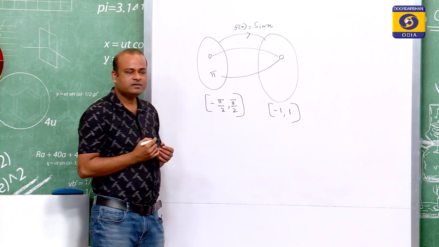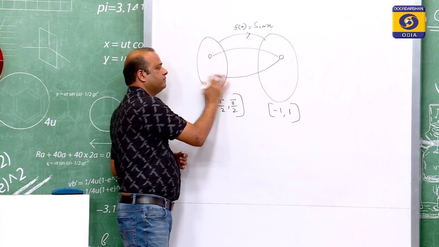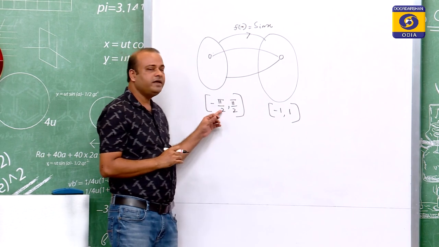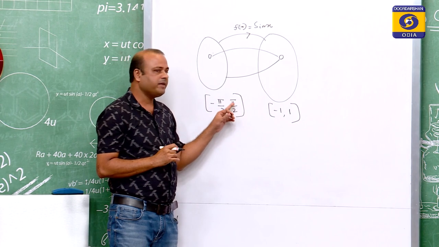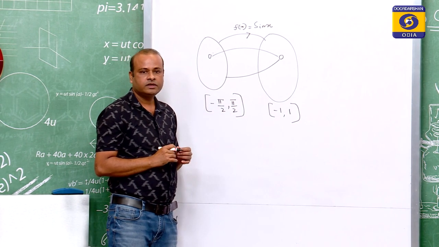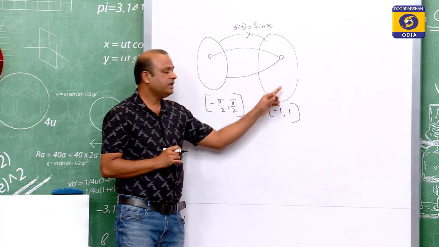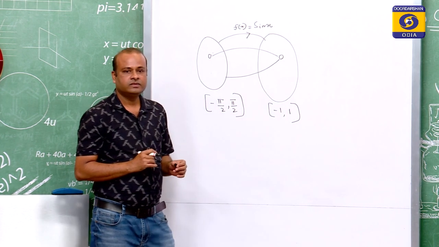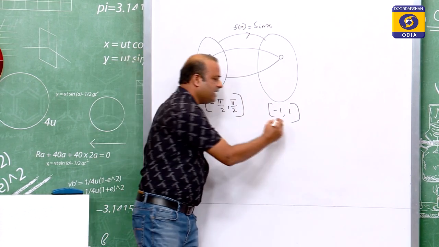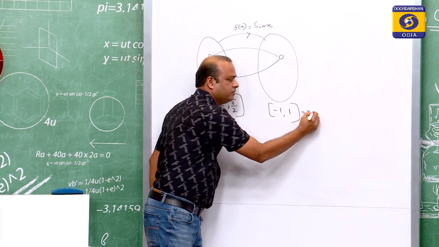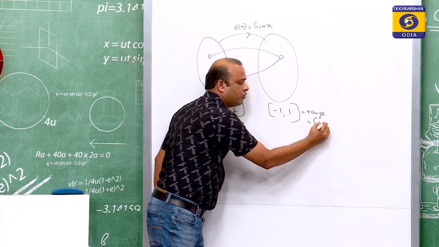So, what happens? Now, here there will be no pi, and for every point from minus pi by 2 to pi by 2, there is a unique image in the range set, minus 1 to 1. You take it as a range,